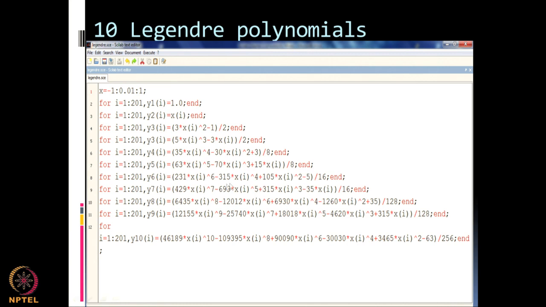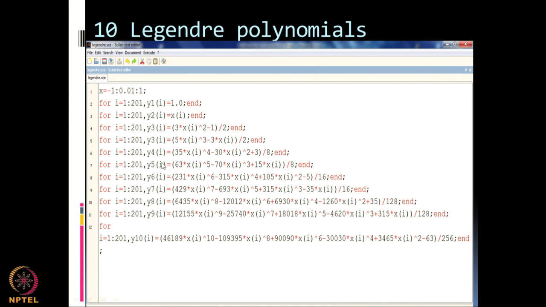Look at this slide now. What this slide is showing, I am going to create a large number of Legendre polynomials and I want to plot all of them at the same time. So, how do I create this? As I did earlier, my x is a variable. That variable goes from -1 colon 0.01 colon 1 semicolon. So, that means now this is like a do loop. It takes all the values of x between -1 up to +1 with a spacing of 0.01. So, there will be 201 values of x.